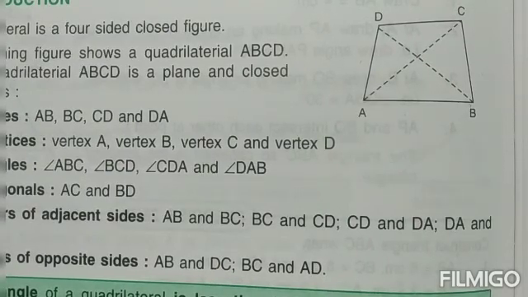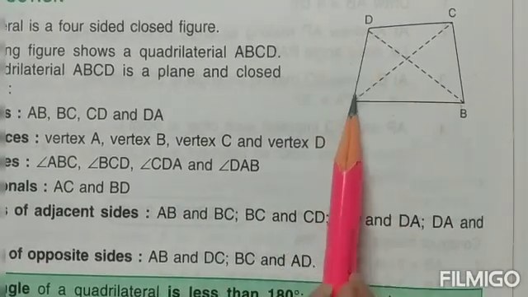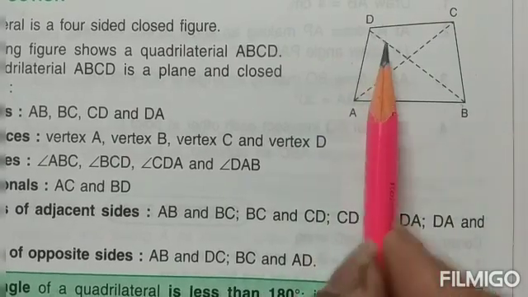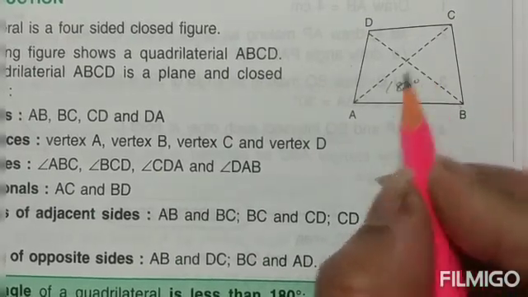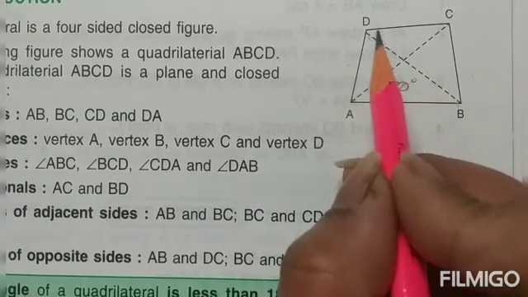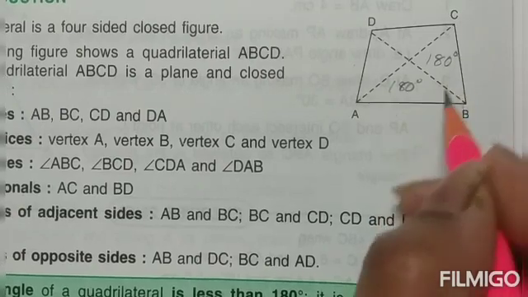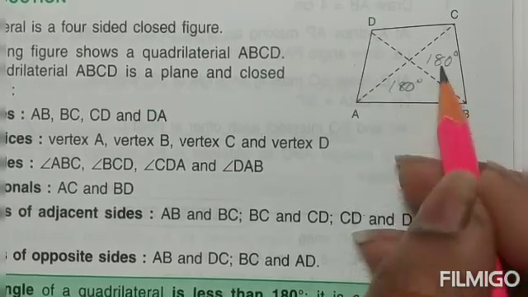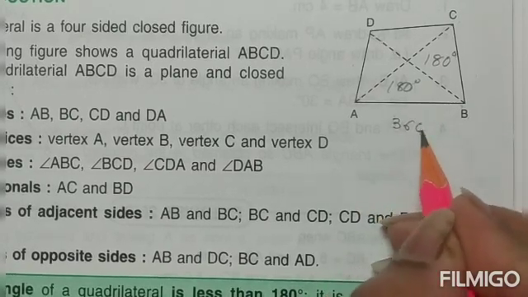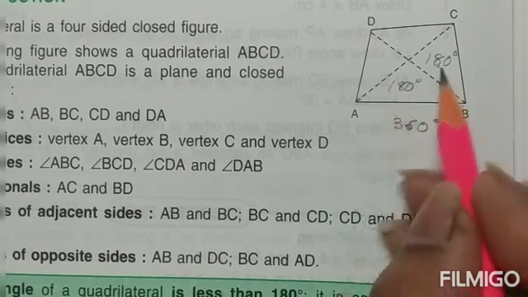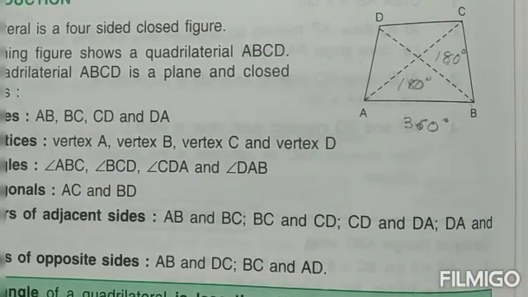Now children, if you remember, in a triangle, if you look at only A, B and D, is it forming a triangle? So the sum of the angles of the triangle was how much children? 180. And similarly, DCB is also forming a triangle. So again the sum of the interior angles was 180. So now when we have a quadrilateral children, the sum of the interior angles will always be 360 degrees. And now you know how it comes: by adding 180 and 180, it will give us 360.